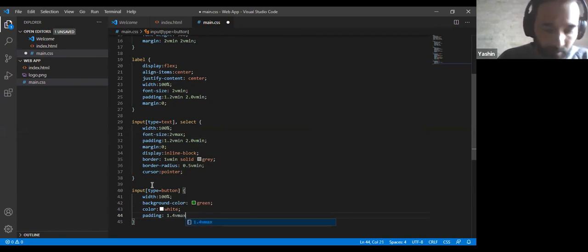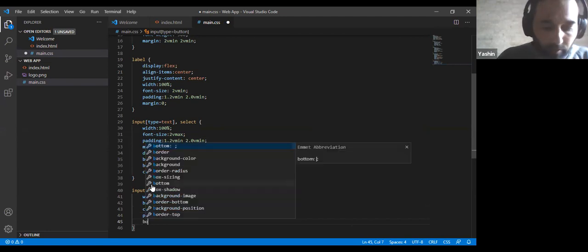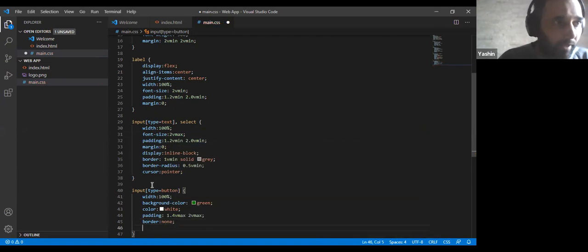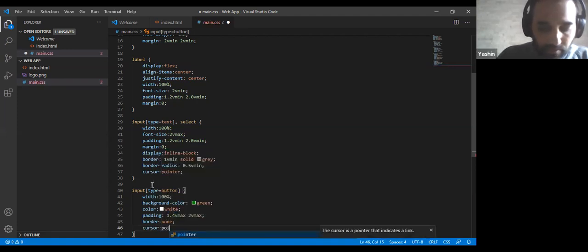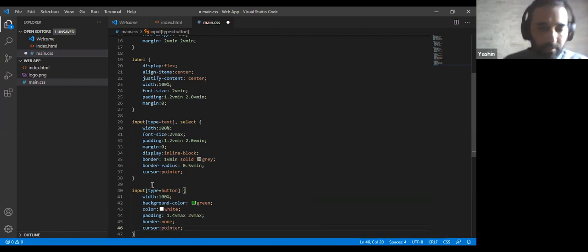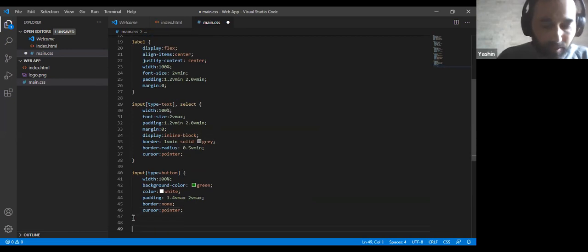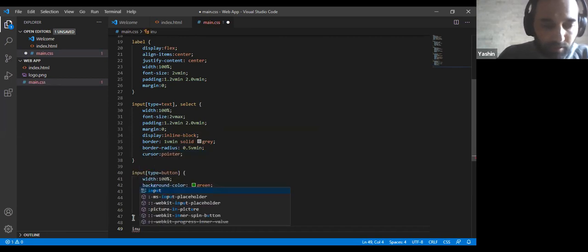And let's make it 2 VMAX, okay? That looks okay. Then our border, we'll take none because we have a button, so we don't need a border around that. And that should be fine. Let's also create a cursor, pointer, okay. That gives us a button. And let's create something nice around it. So on the input, on the button, let's say